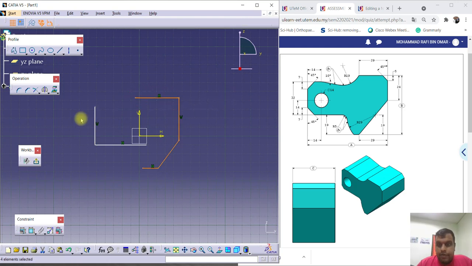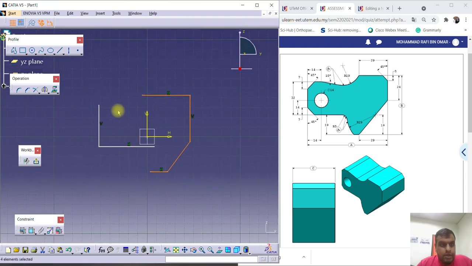After you create this line, you just add one more line here. After you form the shape, now you need to constrain one by one based on the dimension